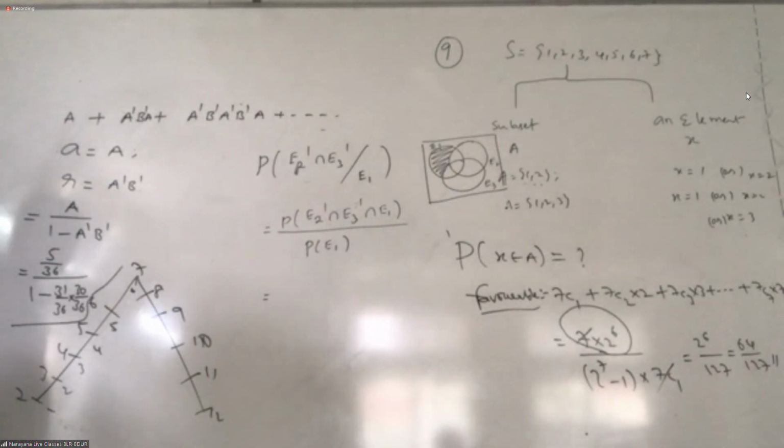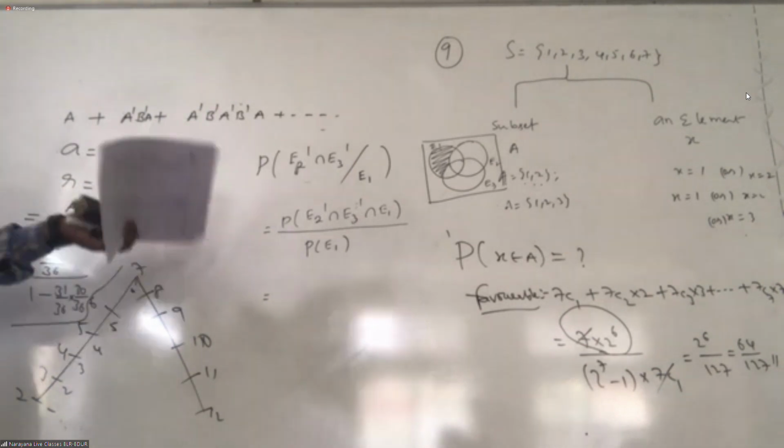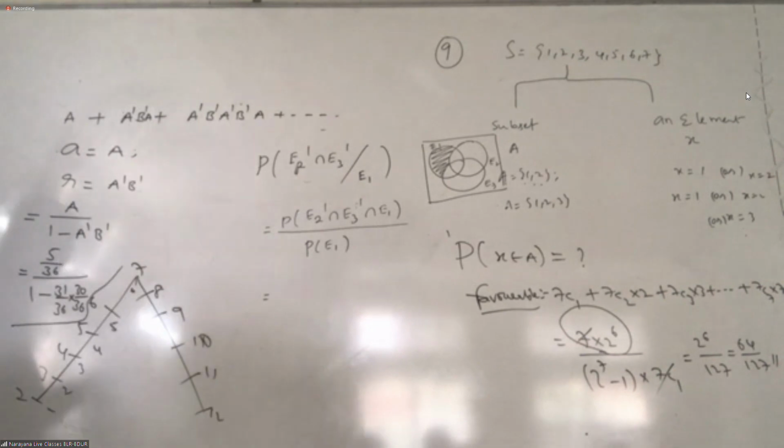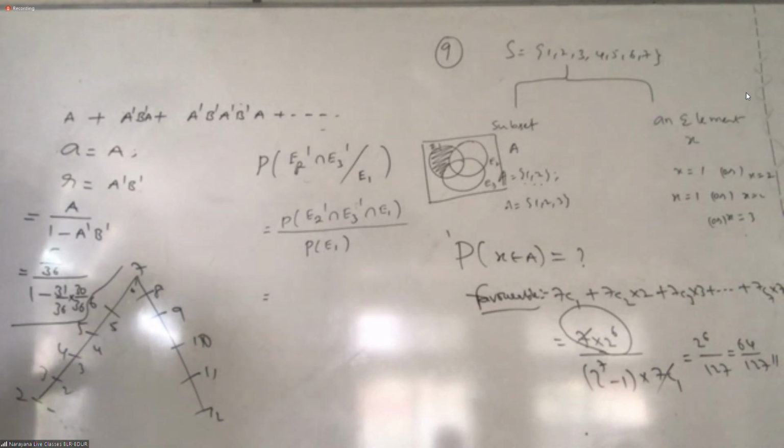Then how to find that? So we can write P of E2 complement, P of E2, P of E1 divided by. What we have to calculate is what we have been given here. They won't intersect. Here they mentioned pairwise independent. Pairwise independent means E1, E2 independent, E2, E3 independent, E3, E1 independent. Not all are independent. Understand?